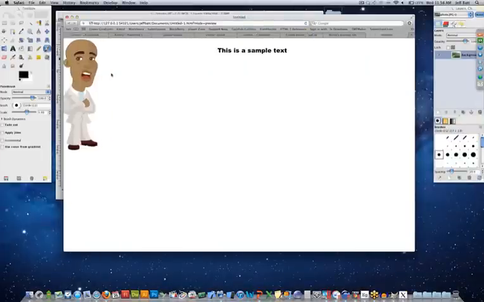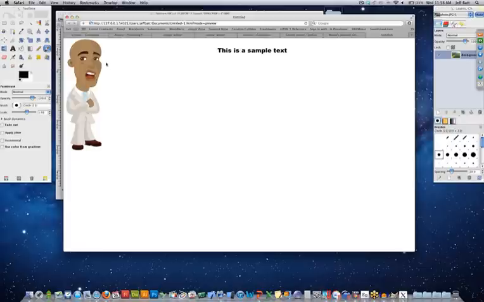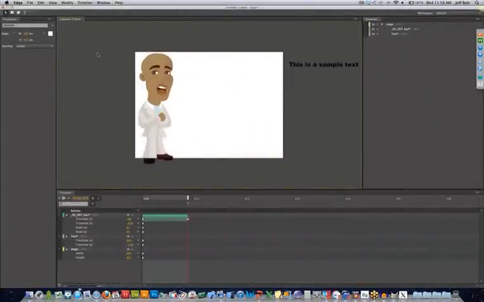Okay, hit Control Enter. There we go. So it kind of bounces as it comes in. Now you notice that even though this text is off stage, it's still visible. Well, if I come back in and select anywhere in my stage area, I see the overflow right now is